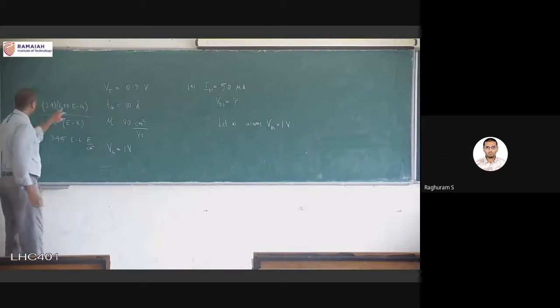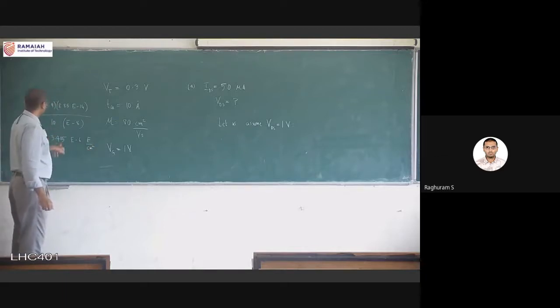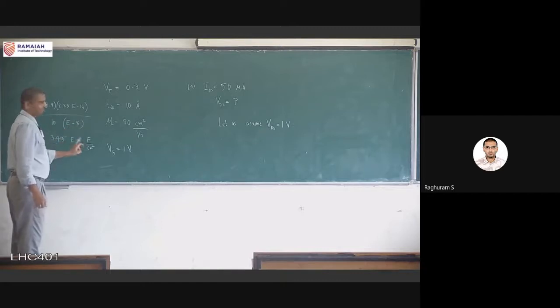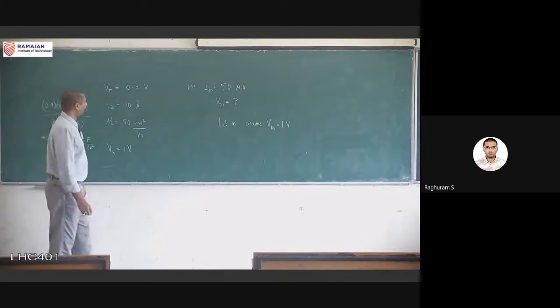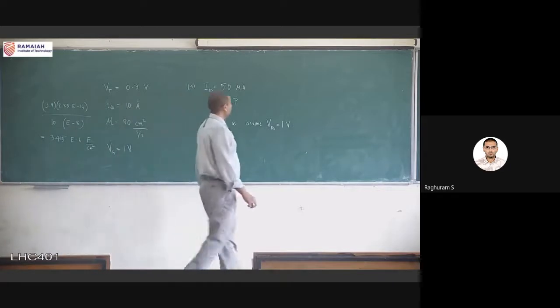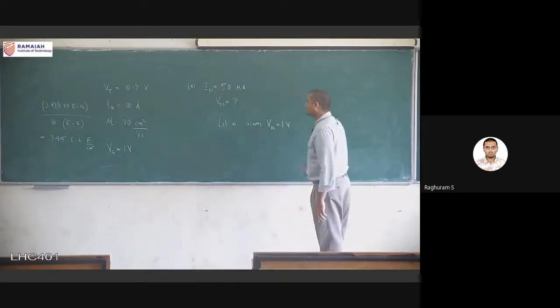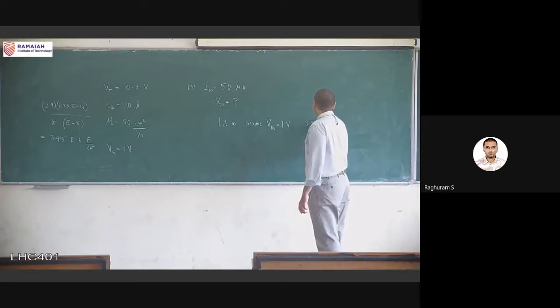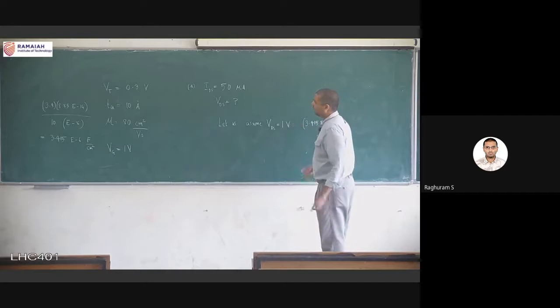So 3.9 times 8.85 divided by 10 is 3.415, and from 14 and 8, I'm getting E minus 6 farads per centimeter square. So I have to use that, 3.415 into 10 power minus 6,